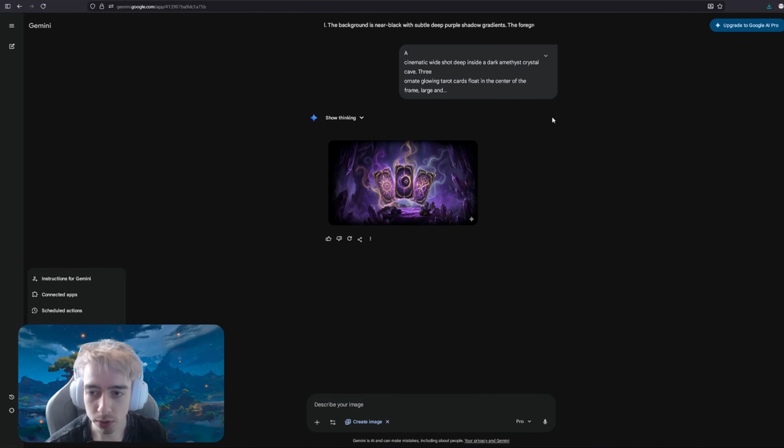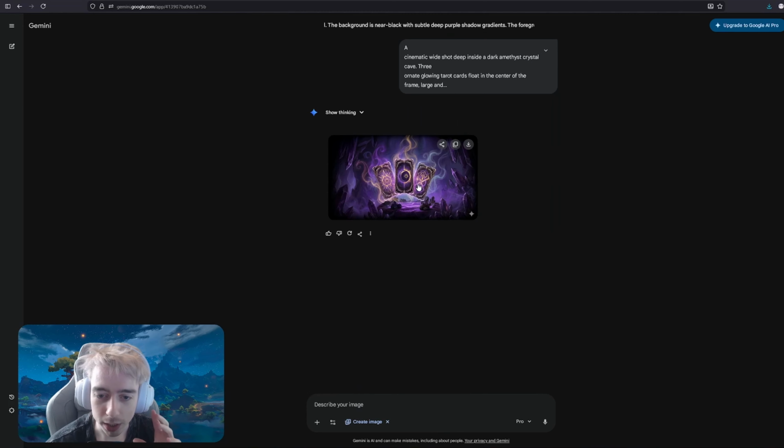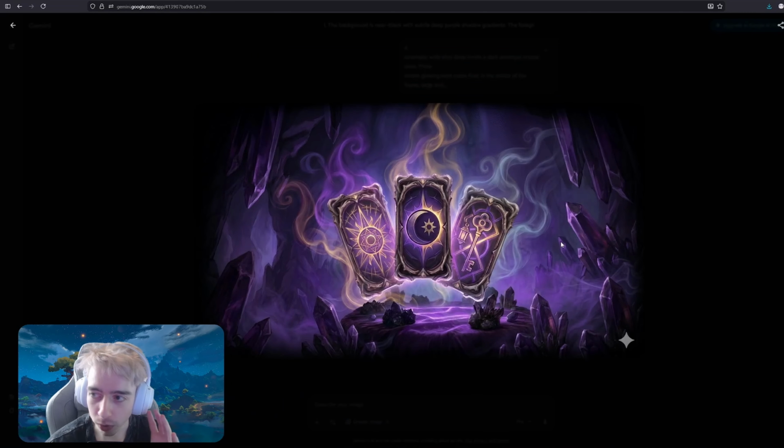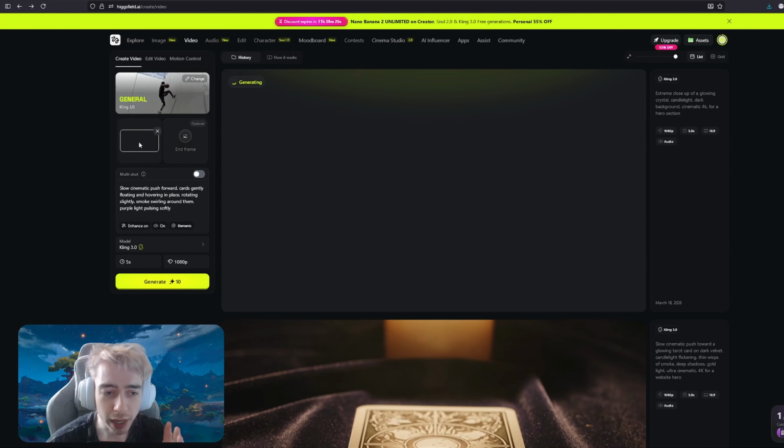All right, so I tried a couple outputs. Here's the prompt I ended up with, and we ended up with this really cool looking tarot card kind of design. And then what we're going to do is we're going to take this design and we're going to put it into this AI video generator. So we've added this as a start frame. And then what we're going to do is we're going to have Kling generate a video for our hero section based on this